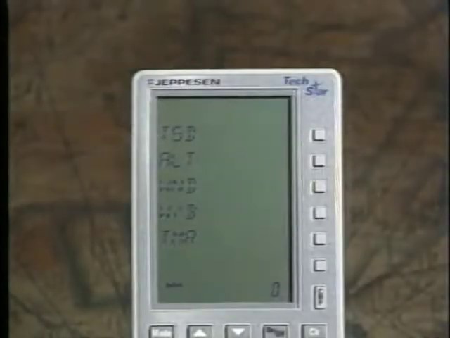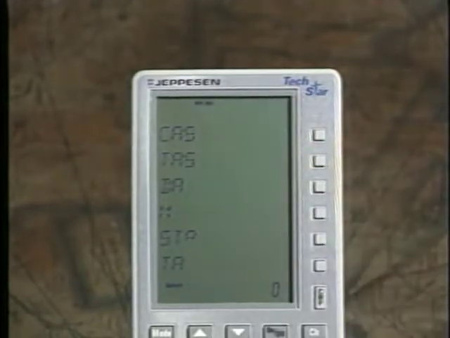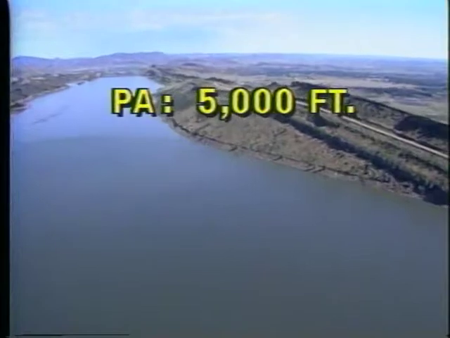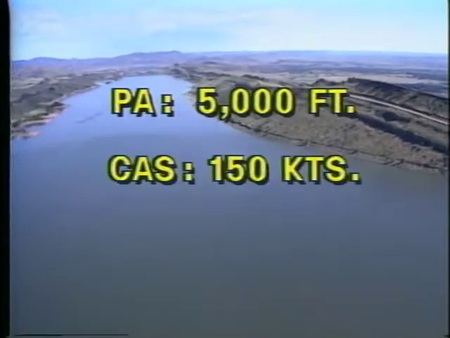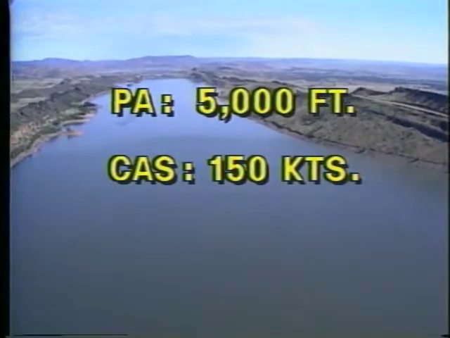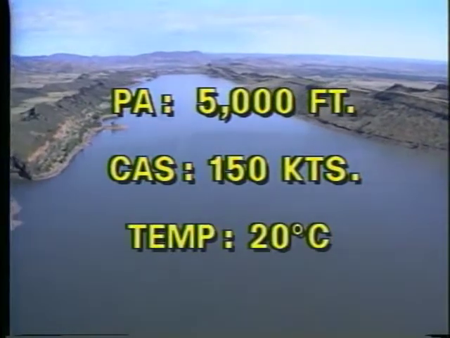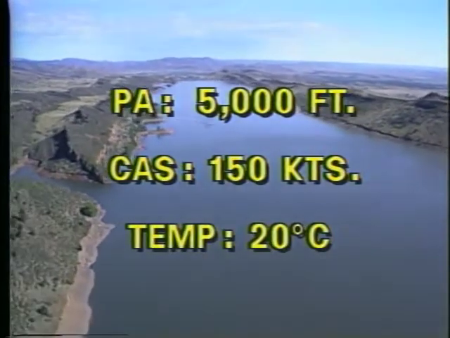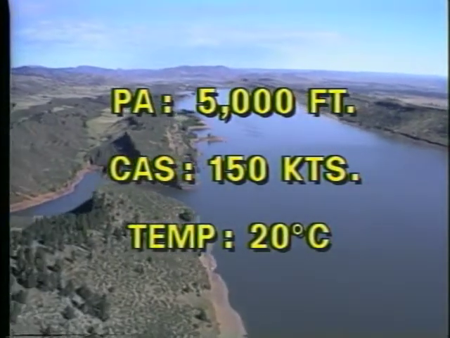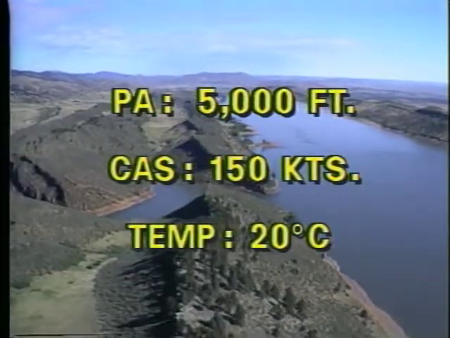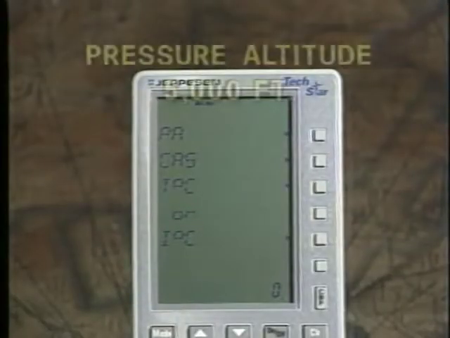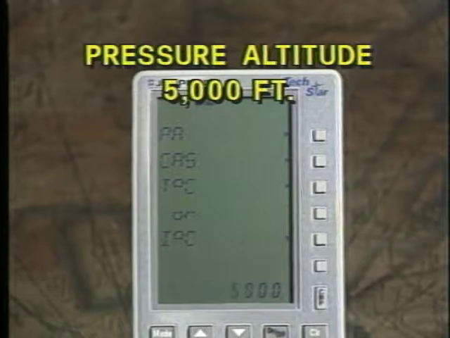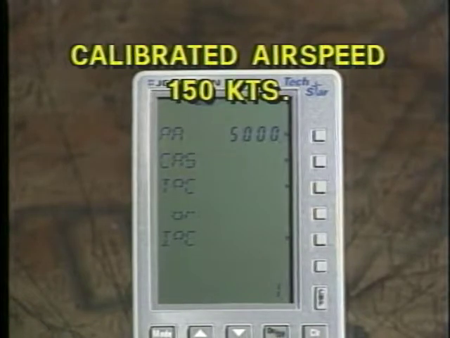As a sample problem, let's determine true airspeed, or TAS. Assume the pressure altitude is 5,000 feet. The calibrated airspeed is 150 knots, and the temperature, which was determined from a winds and temperatures aloft forecast, is 20 degrees Celsius. First enter 5,000 feet into the pressure altitude parameter line, labeled PA. Next, enter the calibrated airspeed